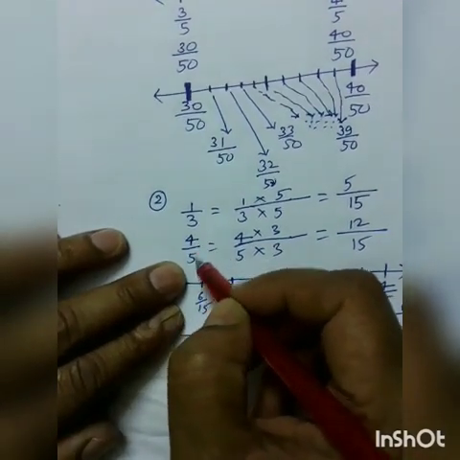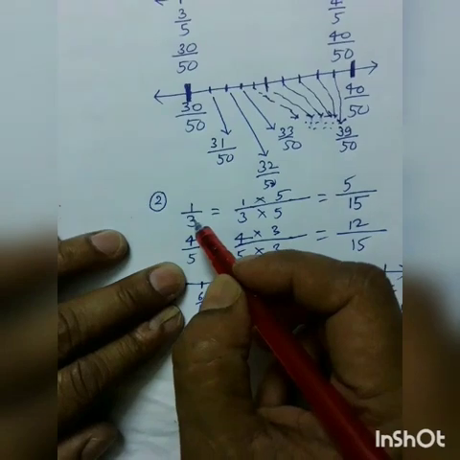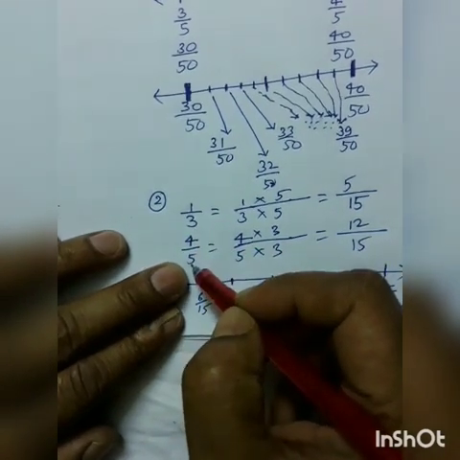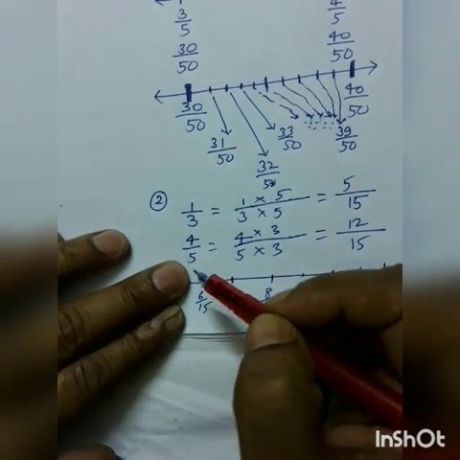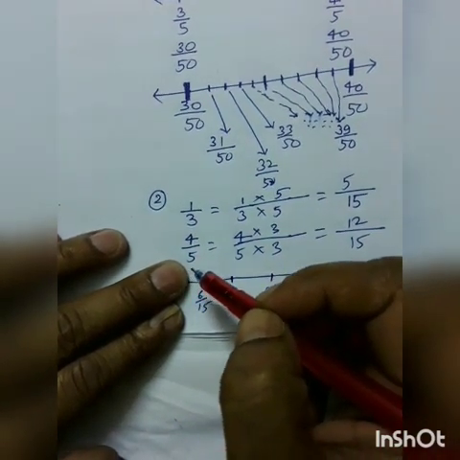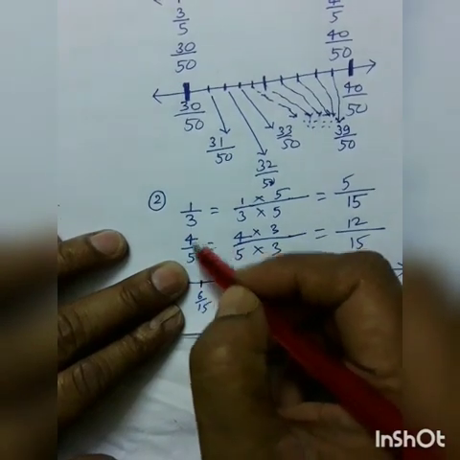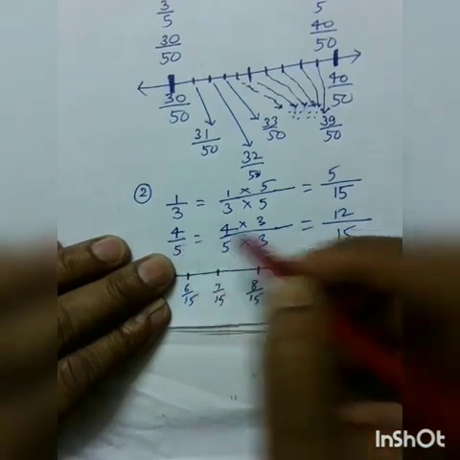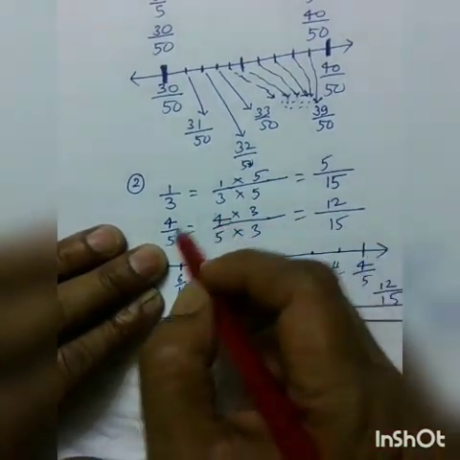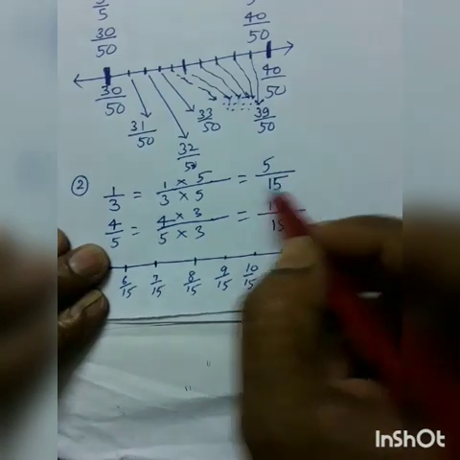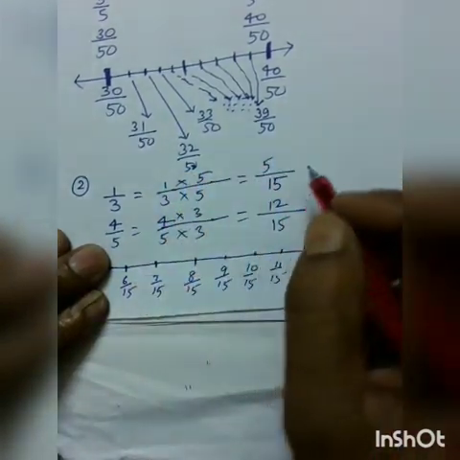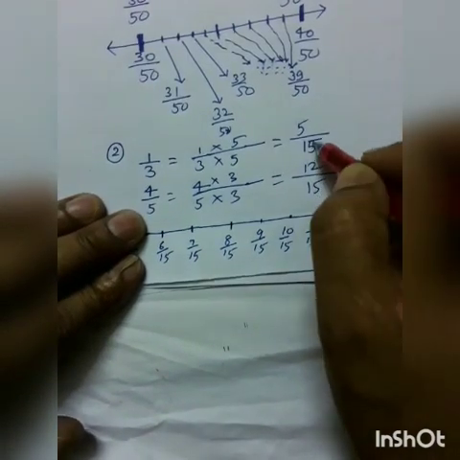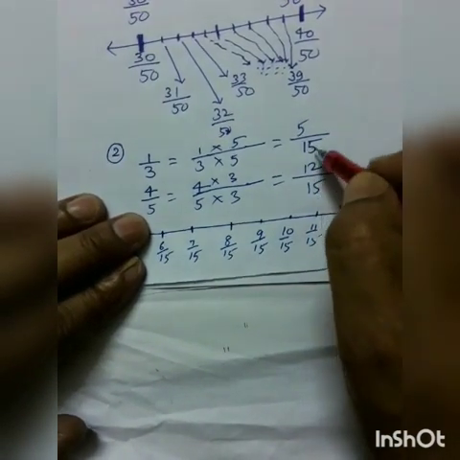If the denominators are not same, then dear children, you will find the LCM of 3 and 5. LCM of 3 and 5 is 3 into 5, 15. It is up to you how to find this one. It is not necessary to show there. You can show also, you cannot show also, no problem. So you have to write here. See, in between you leave the gap, and you will write here this 15. See, here and here as denominator you have to write the 15.